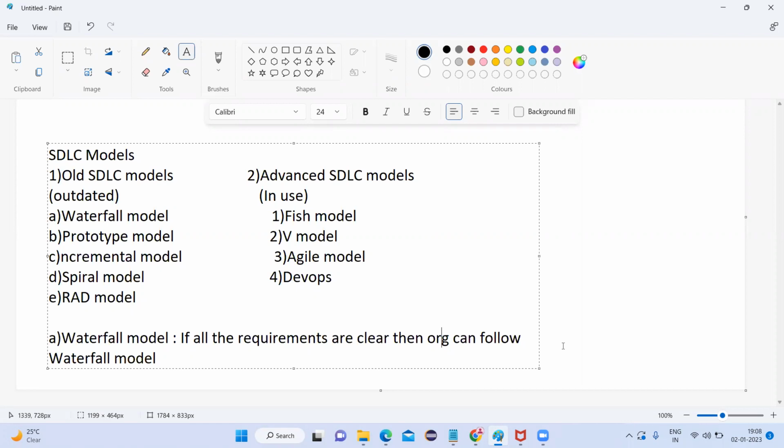That means all the requirements for which you want to buy the shirt are clear to you. What are your requirements to buy the shirt on the Myntra website? That is color, brand, and